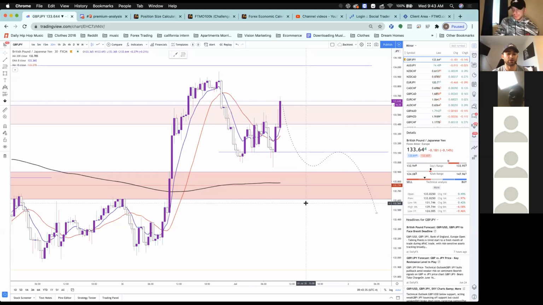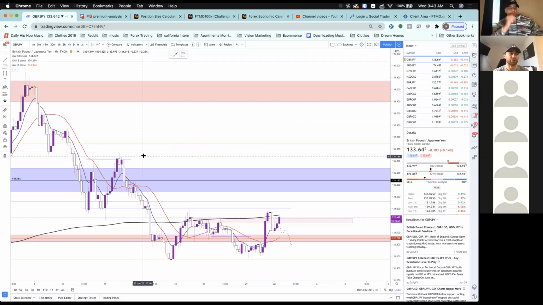If your entries aren't good, then that means you need to become more defined in what your entries actually are. You know what I'm saying? You can't just enter on anything. You got to enter on, I am only waiting for this. I'm only waiting for when it comes into this zone. I'm only waiting when the 30-minute makes this type of move according to structure on this 4-hour time frame. And as soon as that happens, I'm not only entering, I'm excited. I'm pumped because I finally waited for the position that I need according to what I'm looking for.